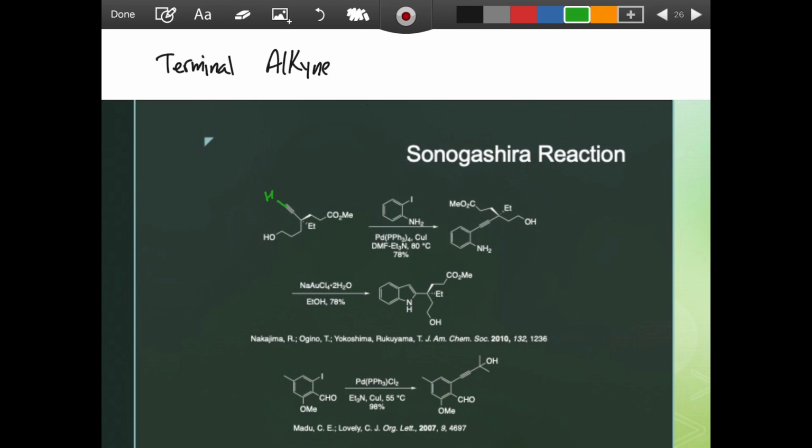I don't know why this doesn't have the actual starting material. It is this. And you are doing your cross coupling. But you don't have the metal, so where does the metal come from? So when you have an alkyne, well, a terminal alkyne,